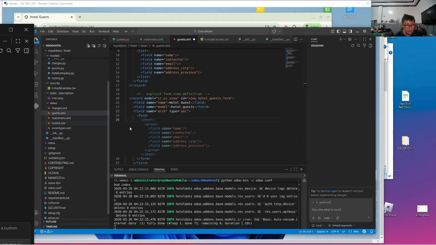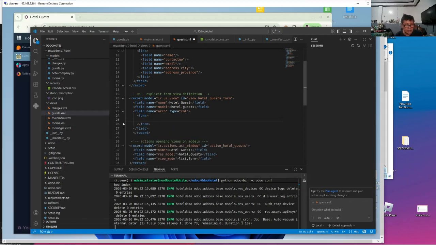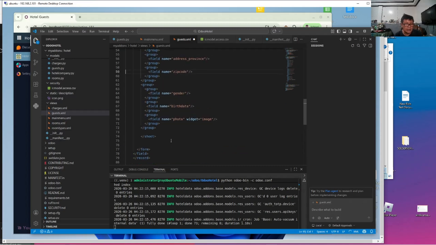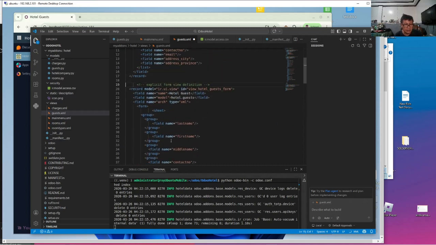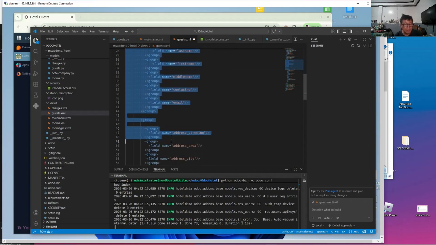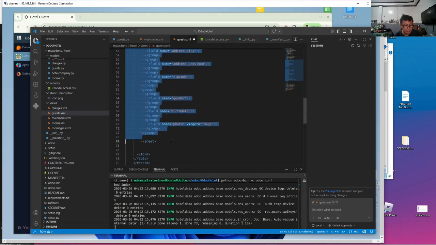There's a suggestion there, but we'll not accept it because there's a lot more fields that we need to include. So here it is. We have a sheet field. This needs indentation. We have groups and subgroups.